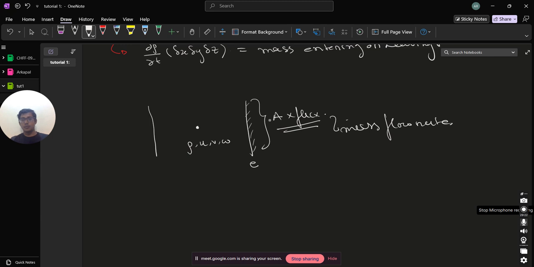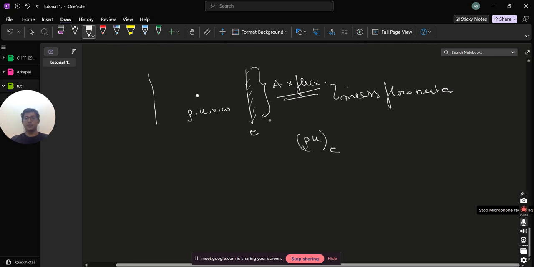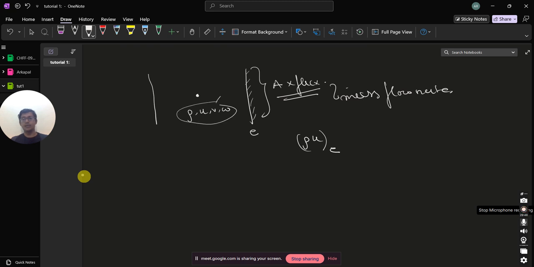So what is the flux? Flux is nothing but rho times u at the phase E. Because we have a continuously varying field, the density is also a function of time and x. u, v, w, all three are functions of space and time. So the density and the velocities here will not be the same as